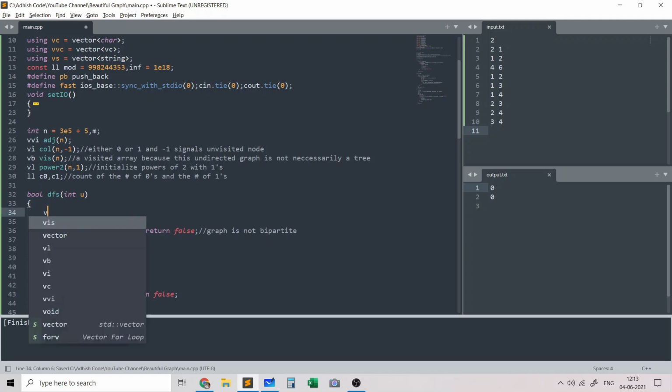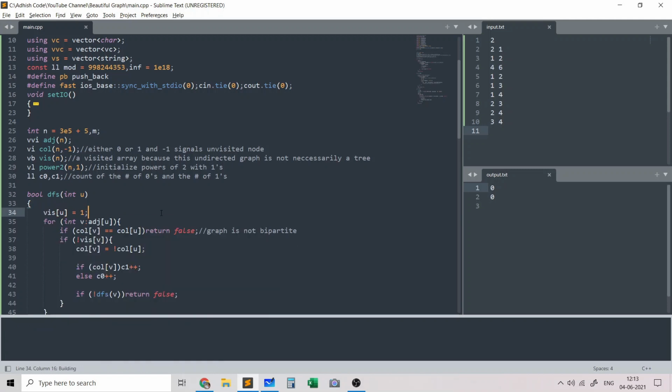And the second mistake which I made is I forgot to put visited of u to be 1. And that's why it may give a wrong answer. It's still giving wrong, so